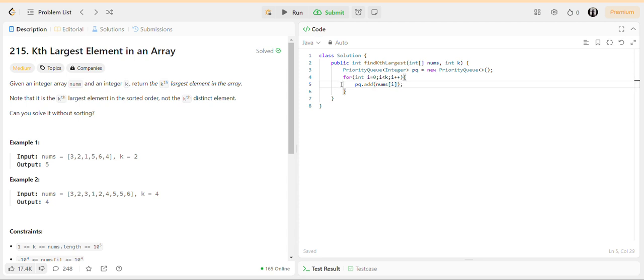After that I use another for loop where i starts from k and goes until nums dot length.